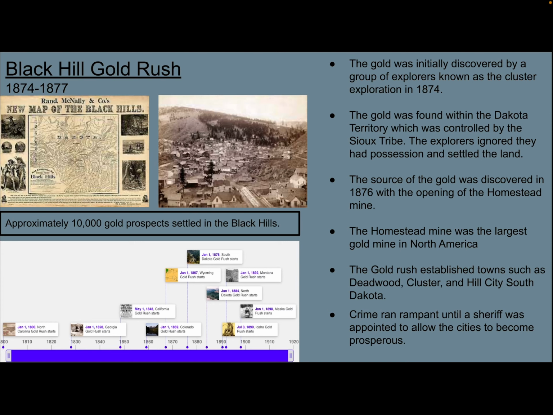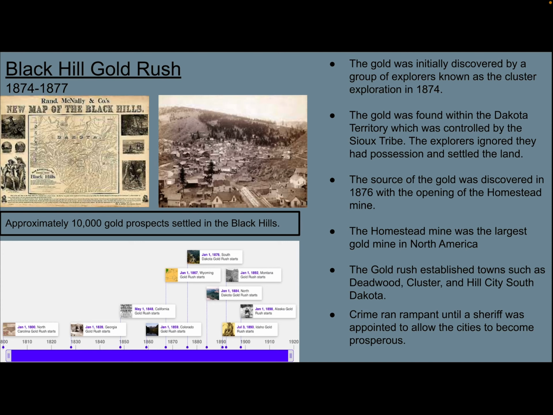The gold rush established towns all throughout the Black Hills that the Sioux tribe was supposed to have control over. So approximately 10,000 gold prospectors settled in the Black Hills, causing the creation of towns such as Deadwood, Custer, and Hill City, South Dakota. All of this wealth caused the crime rate to run up very rapidly,